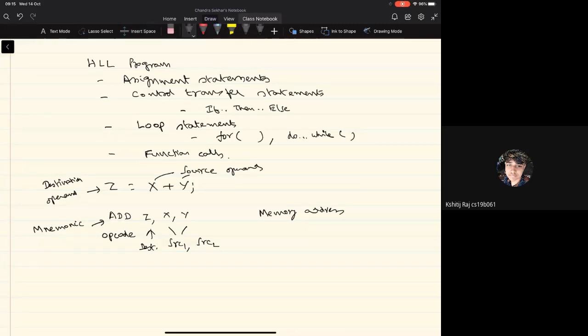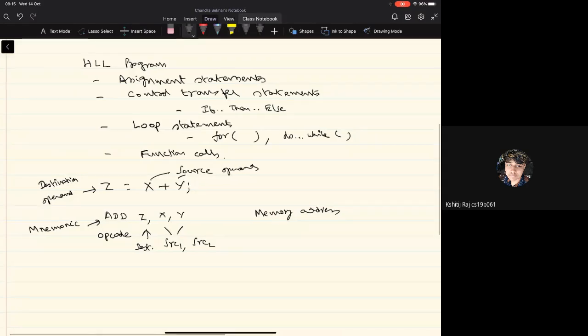Basically, if I have some values for x and y already identified, then the values of this x and y should be available at the memory locations that are assigned to these variables x and y. And after the operation is carried out, the result that's produced by the ALU has to be stored at the memory location corresponding to the j. And typically, the memory address is very long. It will be of the order of tens of bits, right?